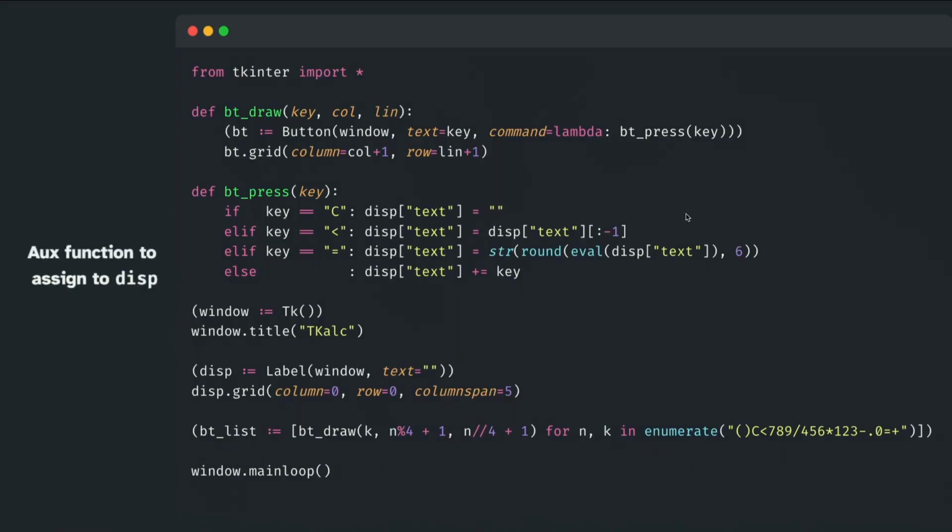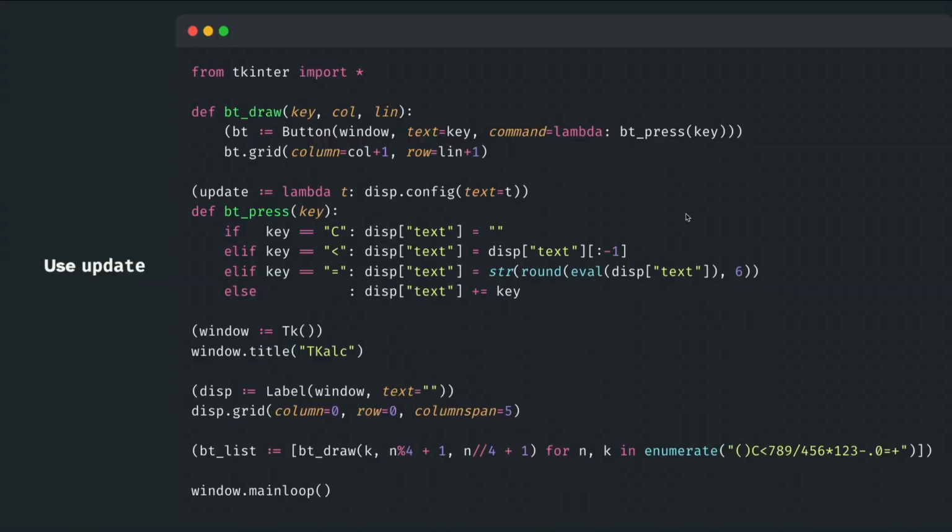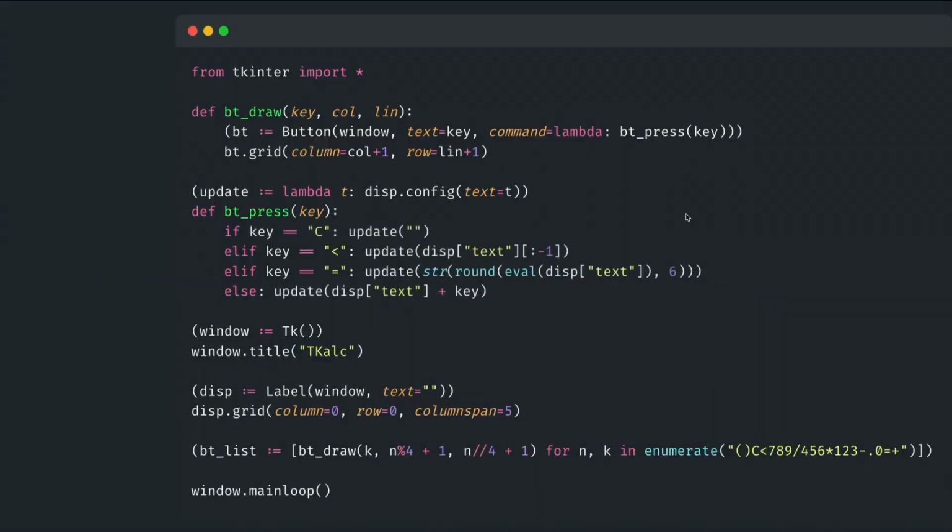So what I'll do is I'll create an auxiliary function that updates the display text. So we create a function. Now I said that statements are bad, that's why we have a lambda there, because it's an expression, right? Now I can use the function I just created, otherwise I could just remove it. So we use the update function. Now what I like about this, and of course I'm being a little bit extreme here, but the general idea holds, is that